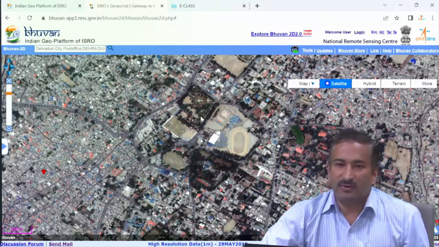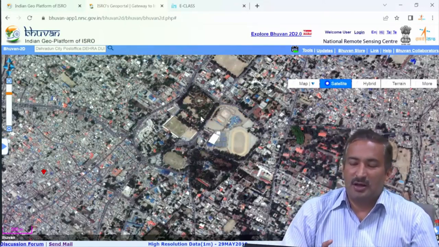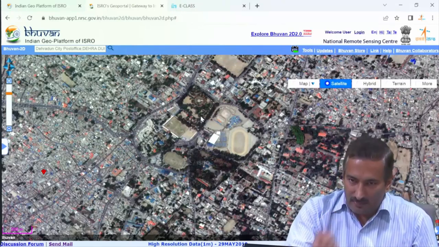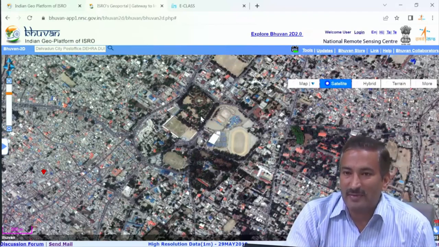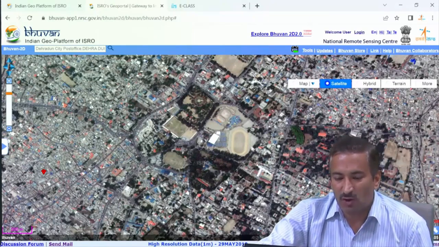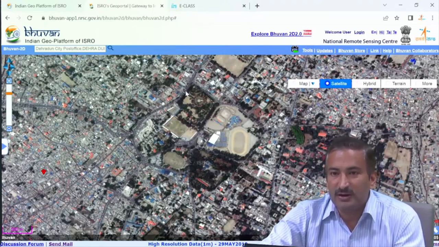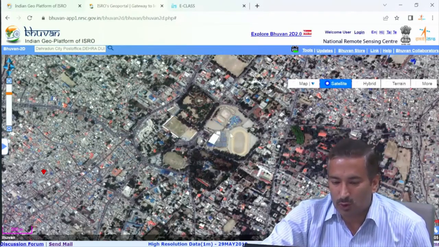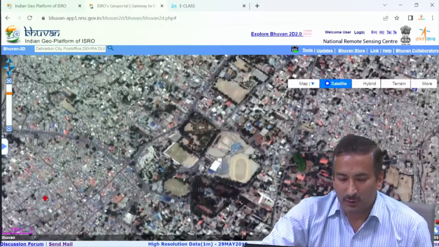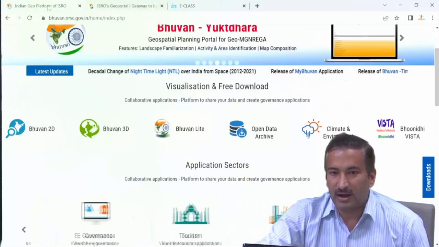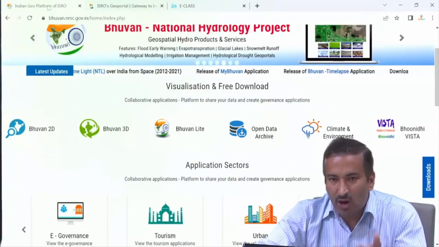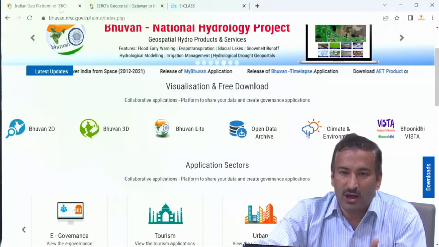So we have performed one experiment now, that is performing measurements from the satellite image, like calculating the area, finding the distance of a feature from another feature, like here we have measured from the road to this particular parade ground. Okay, so this was the first experiment. Now you also try to perform a similar kind of experiment in your city or within your area of interest.